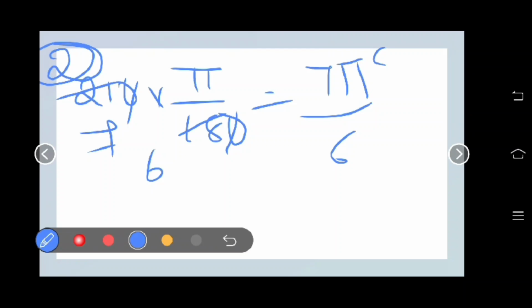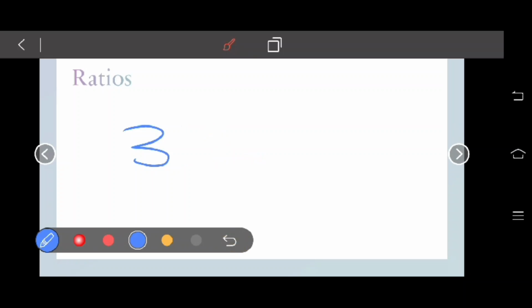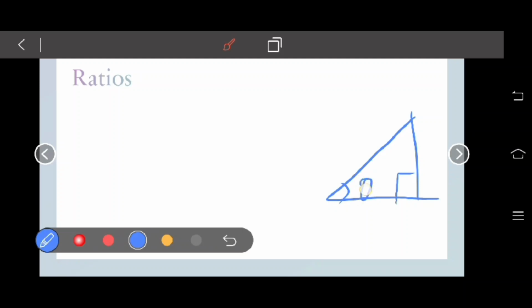So now let's get into the actual topic. Ratios. Basically, what is a ratio? It's not a ratio like 3 to 2. These are the ratios of trigonometry, which play a very important role in the trigonometry chapter. As I already said in the previous video, trigonometry basically works on the right angle triangle. I already told you that this right angle triangle is very important. So let's also derive some trigonometric ratios from here.